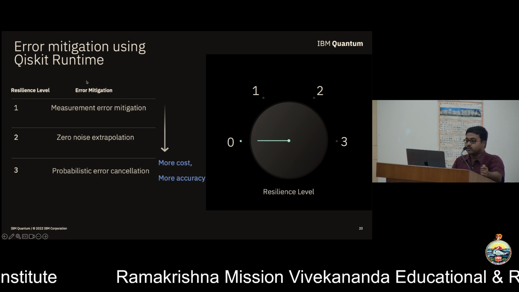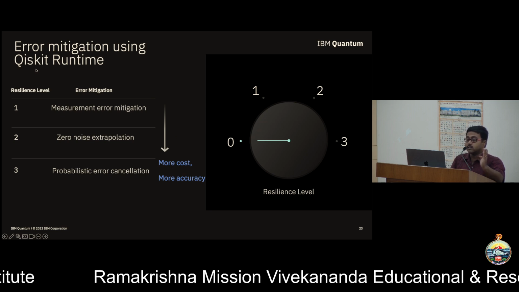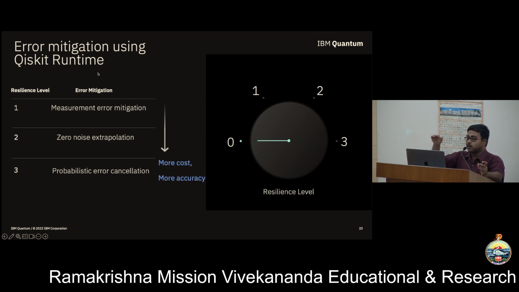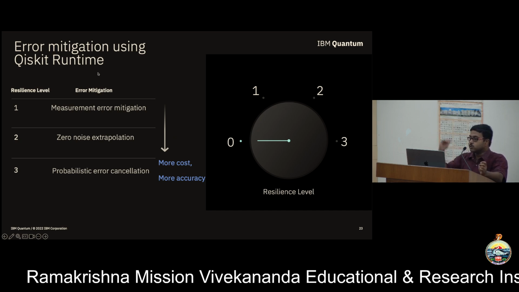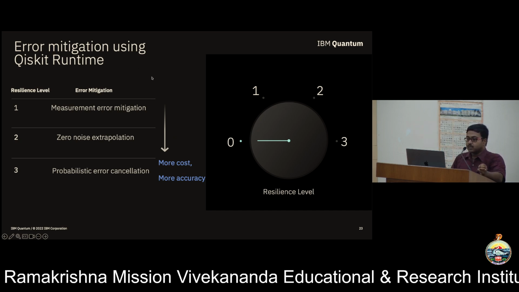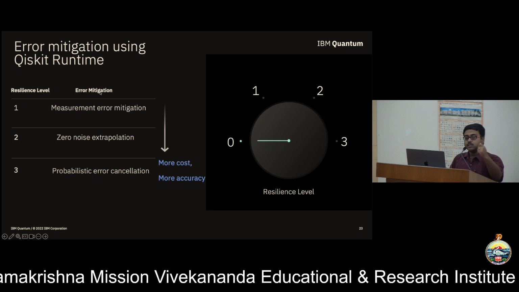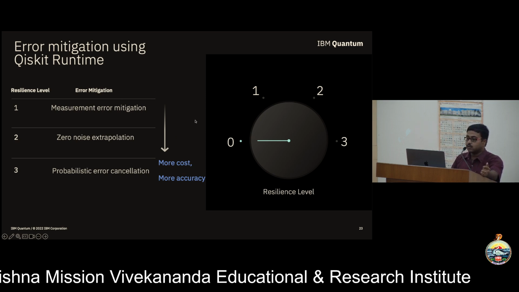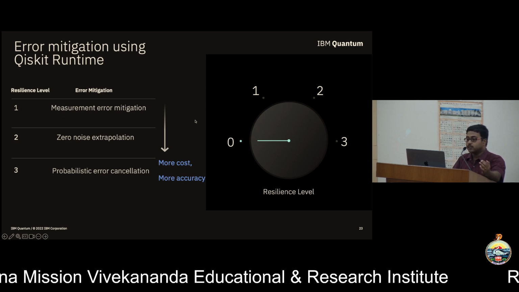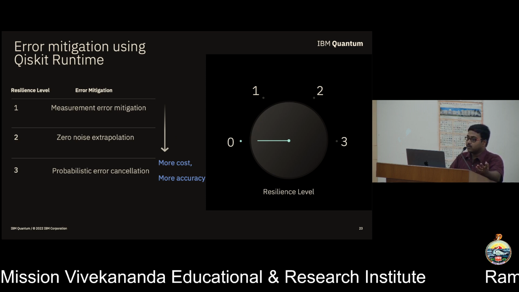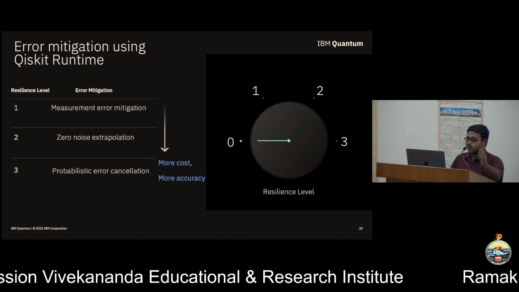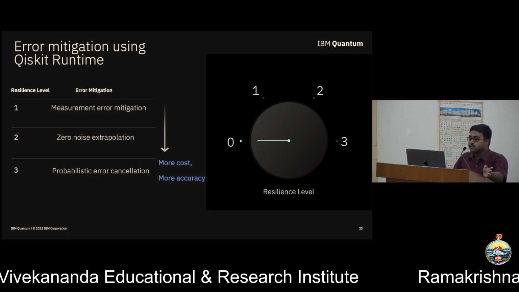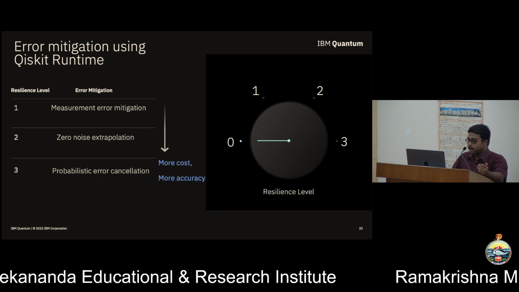And we have these error mitigations in what we call Qiskit Runtime. I'll again come to what Qiskit Runtime is, but Qiskit Runtime is kind of the interface that we use to deal with quantum computers. There we have a resilience level. You can start setting a higher resilience level and it will give you better and better error mitigation. Obviously, the better the error mitigation, the higher the cost we have to pay. So it's a trade-off, whether you want to pay more cost and get better results, or you want to pay less cost and get worse results.